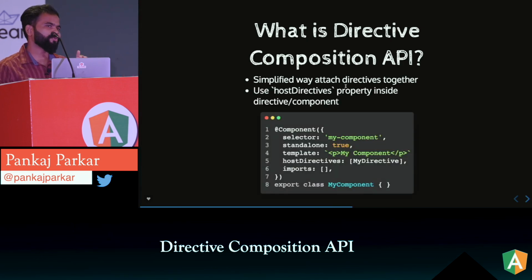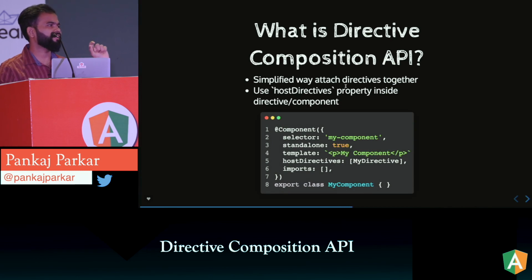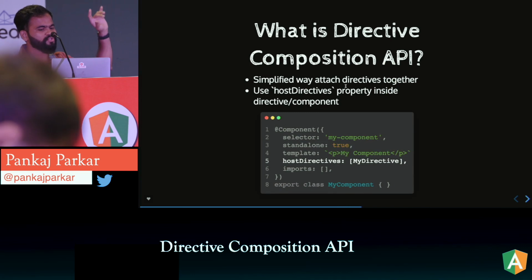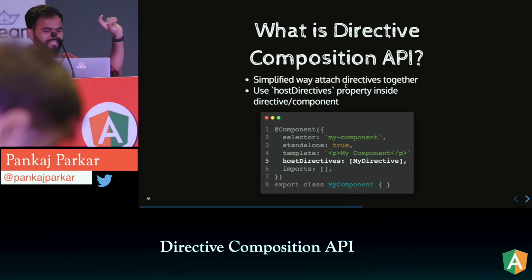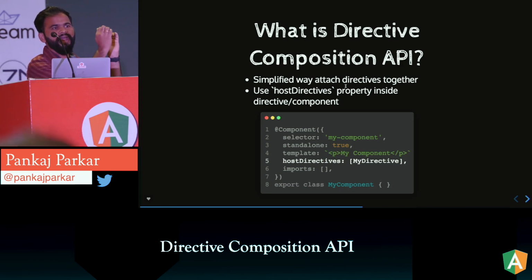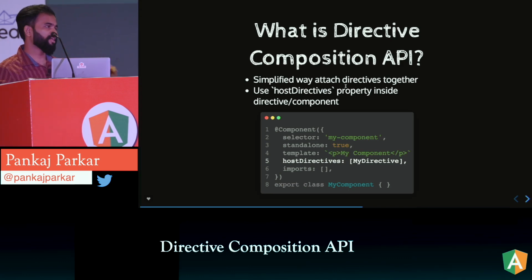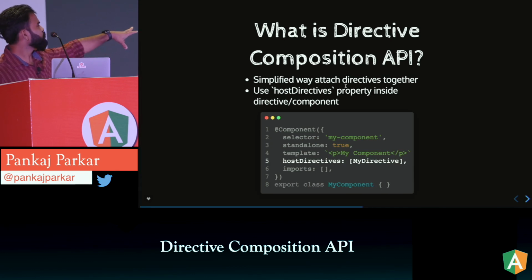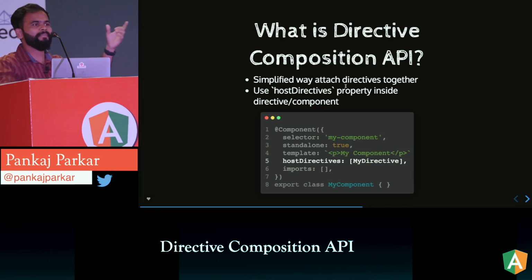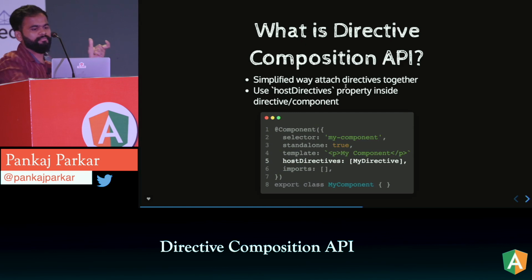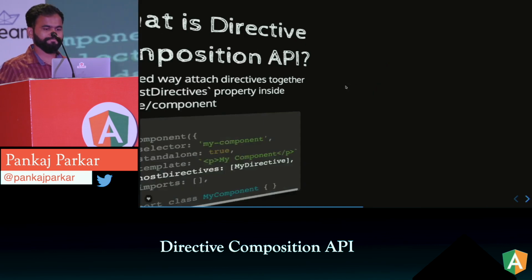Mainly, what is going to happen is how we write a component. A component decorator has multiple properties. So one extra property got introduced, named hostDirectives, and that will be an array again. For example, I applied hostDirectives with myDirective. So what happened here? This is equivalent to applying myDirective on the my component, the first example.